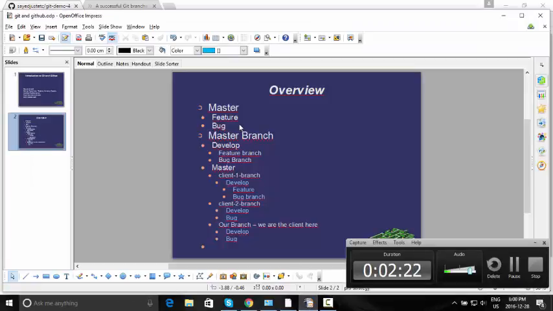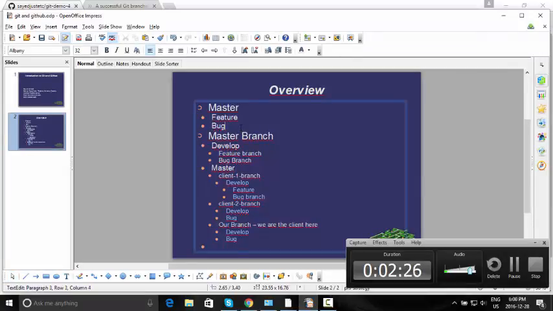So I think we will be using this strategy, the simplest one, the master branch. We'll be creating feature branch and bug branch. When you want to implement some feature, you can create a branch from the master, and then when you are done with the feature branch, you will be merging those changes into the master. When you want to fix some bug, you can create a bug branch from the master, and when you are done, you will be